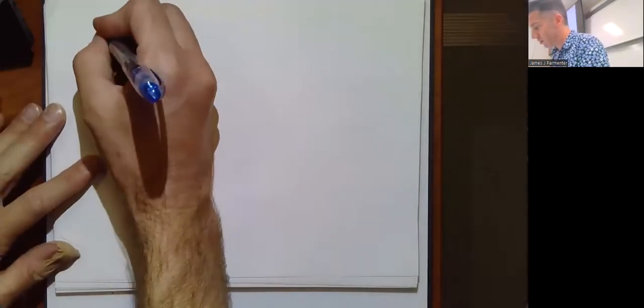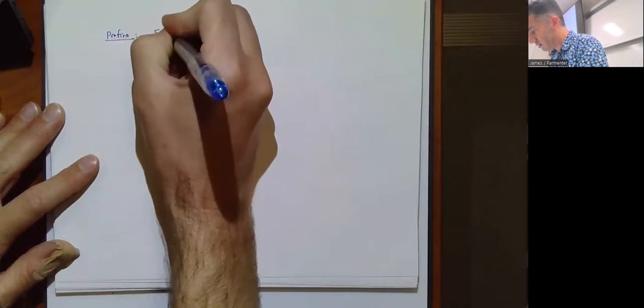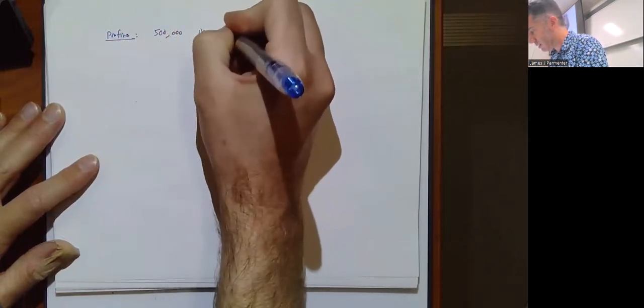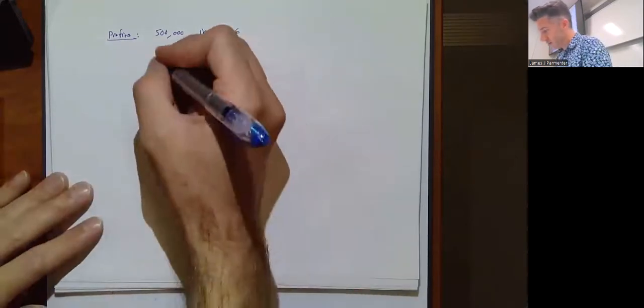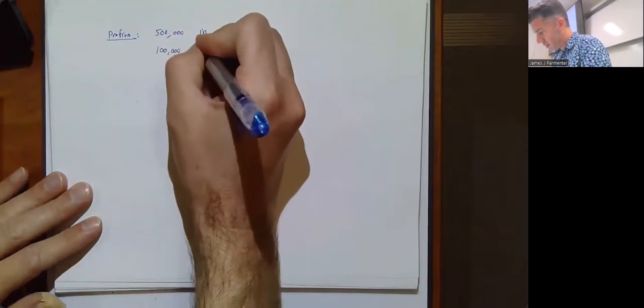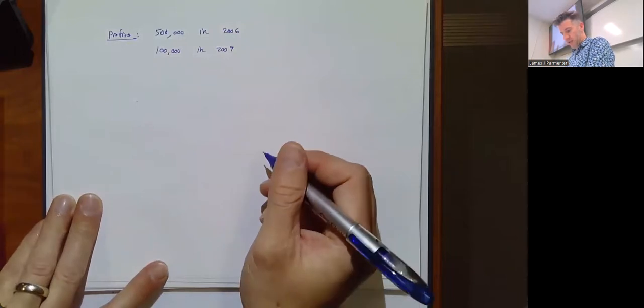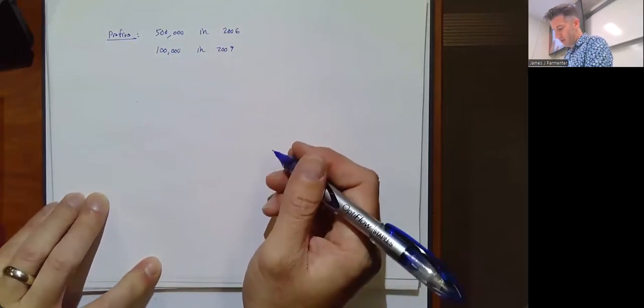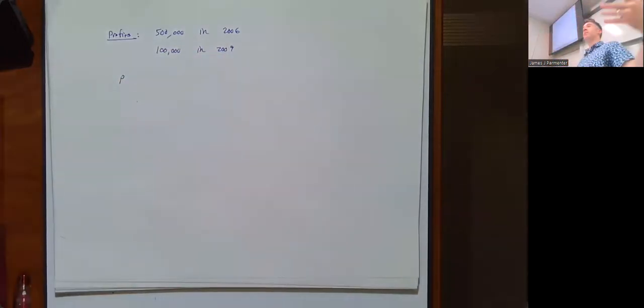The company finds that its annual profits have dropped from $500,000 in 2006. Okay, so profits were $500,000 in 2006. And then the profits were $100,000 in 2009. And then they want to know what's the expected profit. I'm going to change that to a different year. That's not exciting. I want to know, so again, assuming a model of exponential decay,